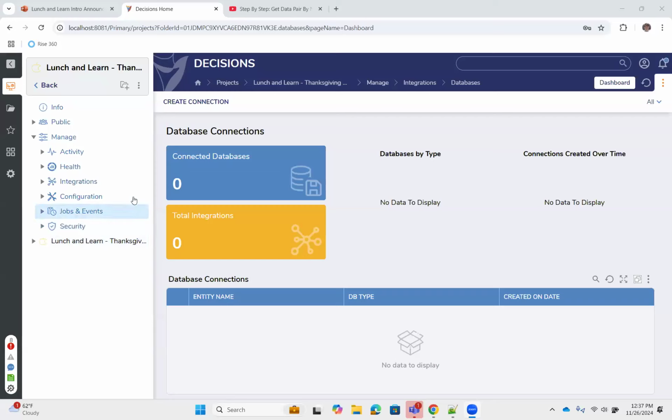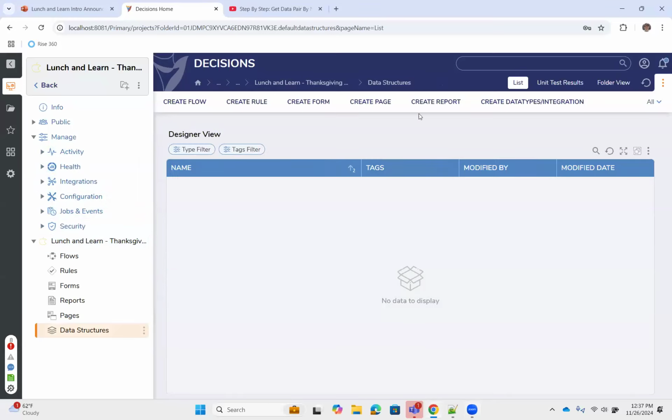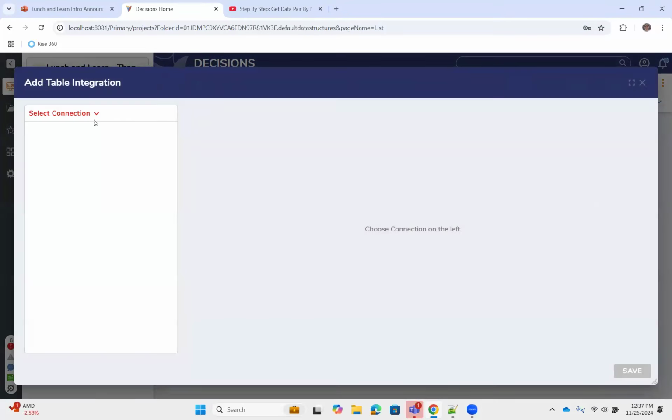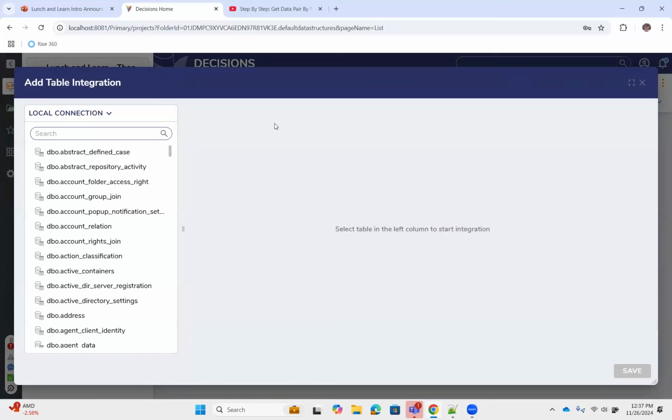I can just create it against the local connection, right? I can just add a table there. I'll do that. All right, let's go to our data types where we can add that, data structures, database integration, add a table, select local connection, and then,